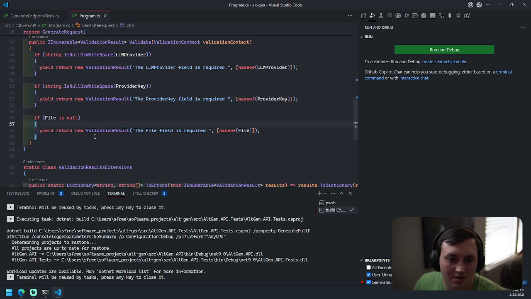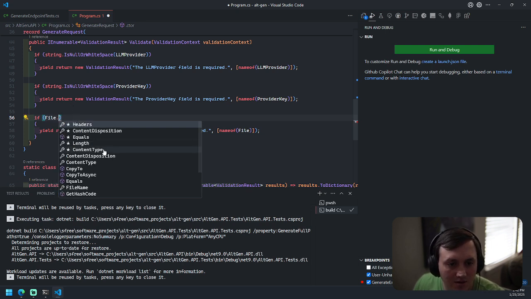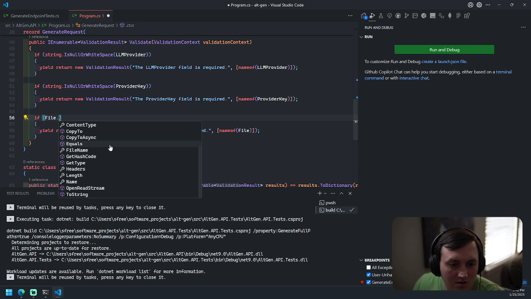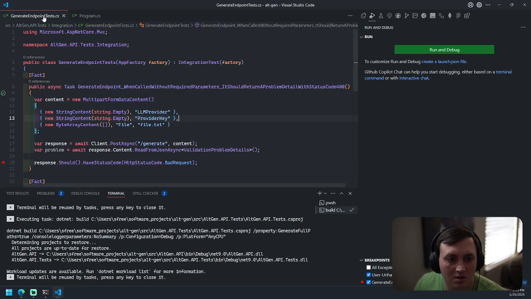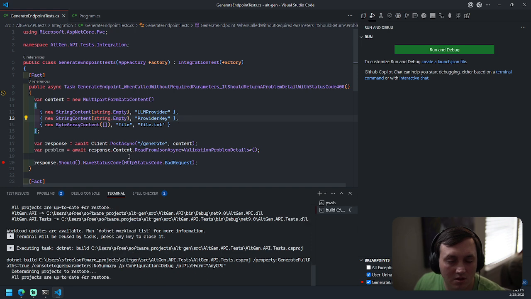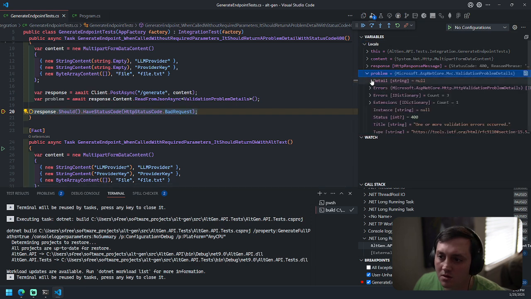Maybe what I actually want to check is if file dot length is 0. There we go.